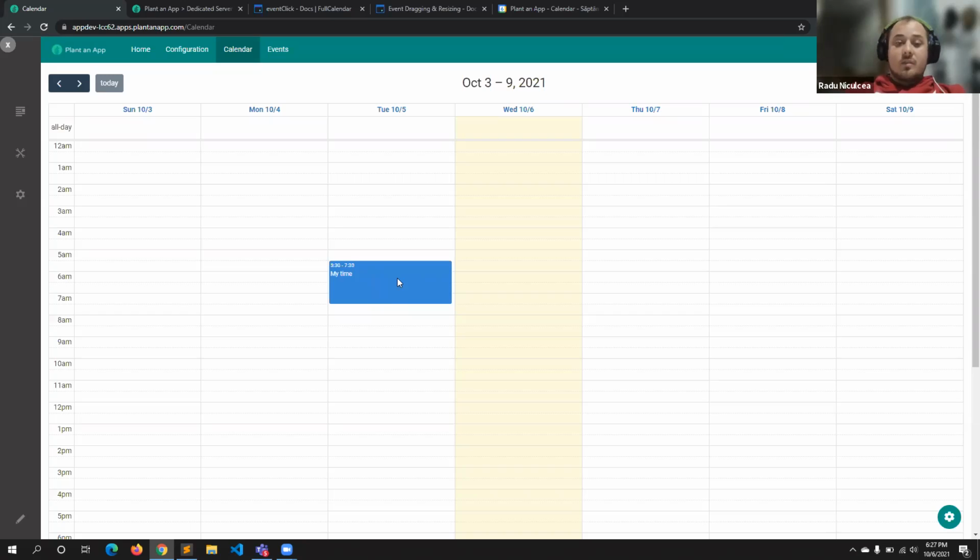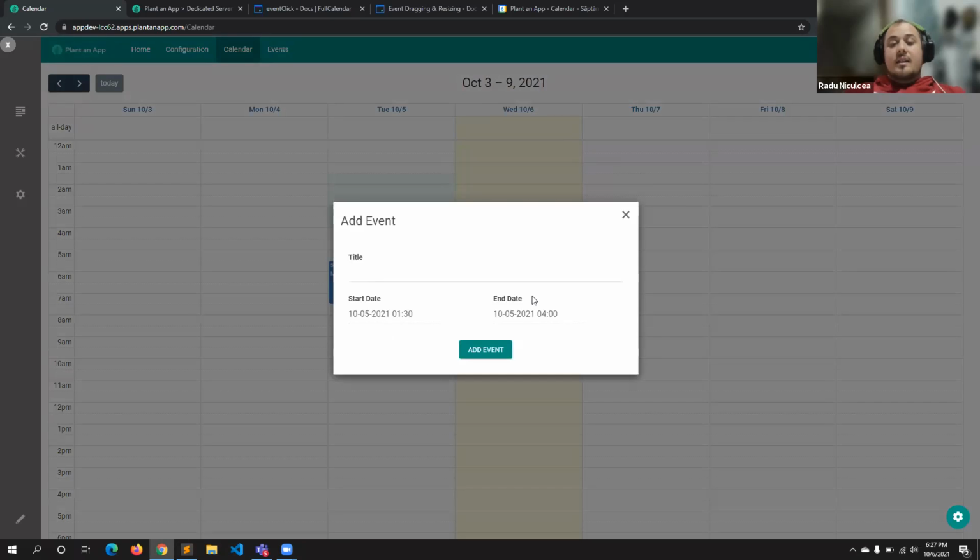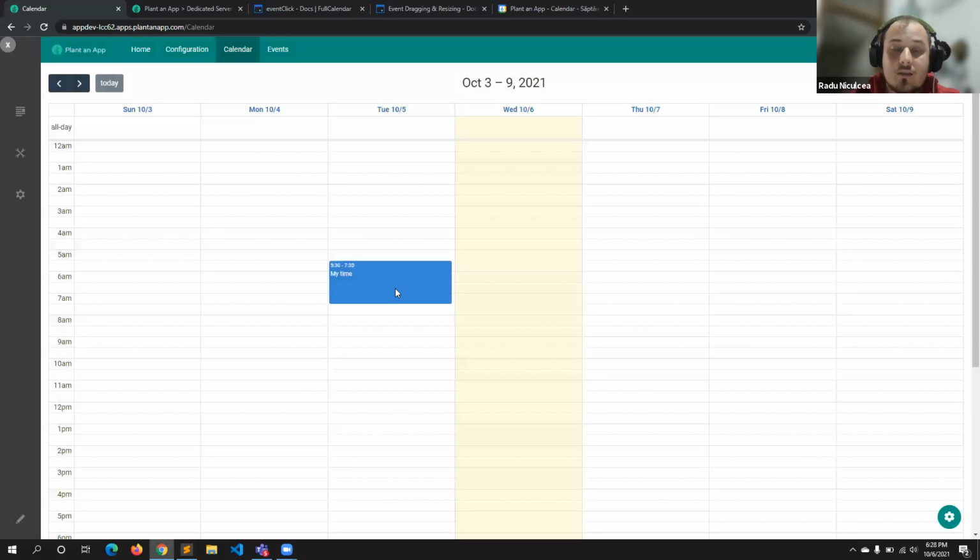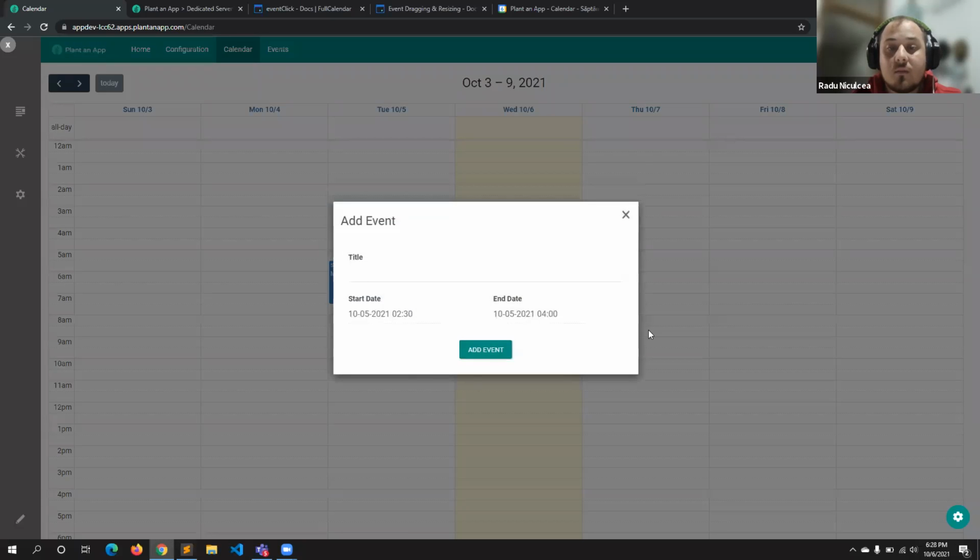By clicking on the blue section of an event, you go and see an edit screen with the title, the start date, and the end date pre-populated already. When you click on update, the event moves in the calendar. We also want to add the delete button, so when you click on the blue square and the new form for editing the event appears, it has a delete button also.